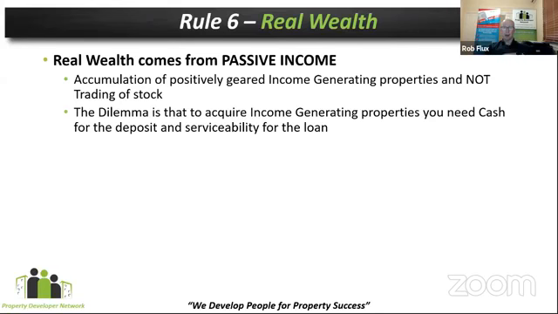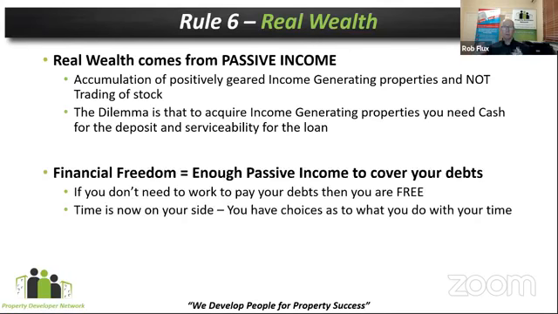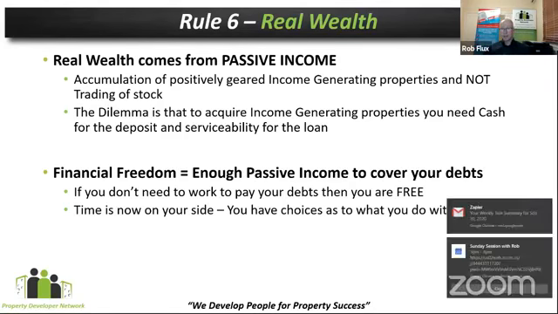Now in the early days, we need to do the property development in order to start to accelerate our capital growth, but it's actually income generating properties that we want at the tail end. And ideally we want to own them outright wherever humanly possible. So financial freedom is having enough of that passive income to cover your debts, which means if you have, I guess, fuel, food, telephone, kids at the school, all of those sorts of things, those debts are going to keep coming in over and over and over. And if you've got enough passive income coming in to cover those debts, you are technically financially free.